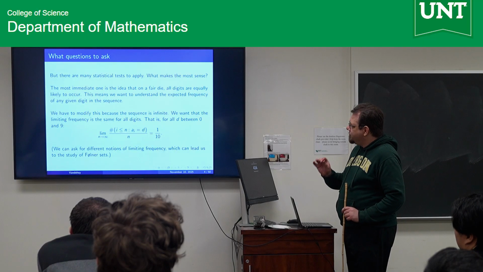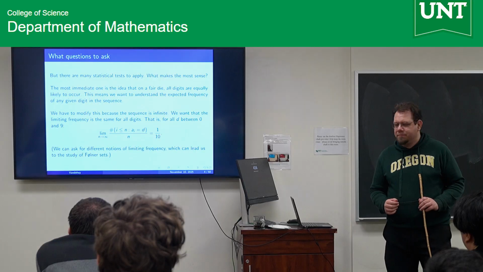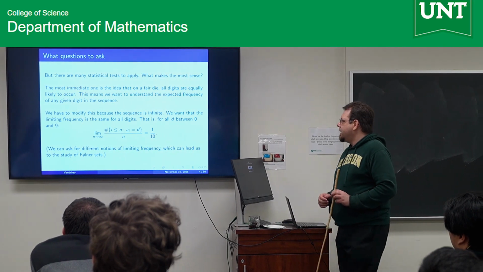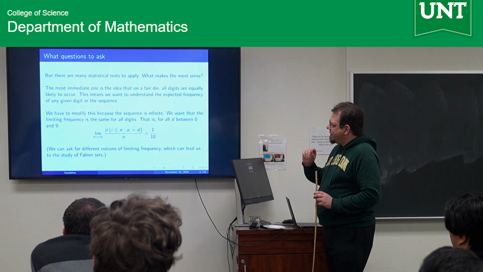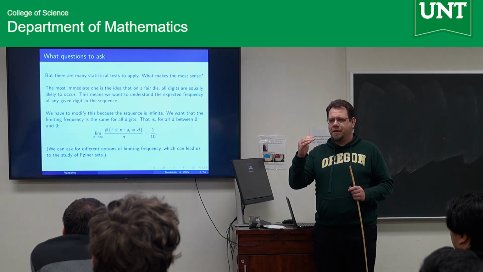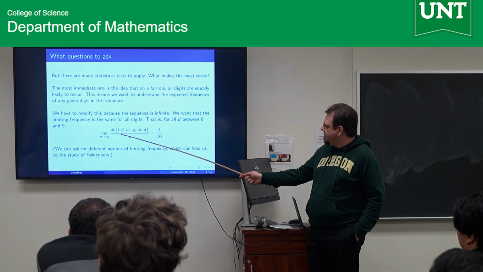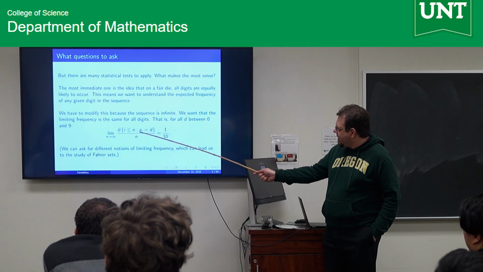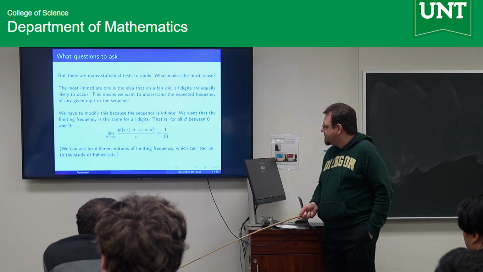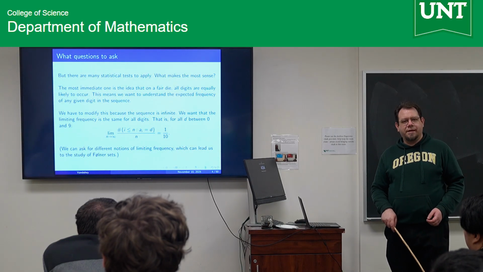Now, the most immediate one we have is that, well, on a 10-sided die, all sides should come up equally likely. So 0 through 9 should all appear 1/10 of the time. Now, we have to modify that a little bit because our sequence of digits is infinite. I can't talk about truly what does it mean for something to come up 1/10 of the time. So I make this into a limiting frequency. So here I'm counting the number of i up to n, where a sub i matches a particular digit d, divide that by n and take my limit as n goes to infinity. And provided this matches 1/10, then we're going to say, oh, this looks like it's acting like a fair die